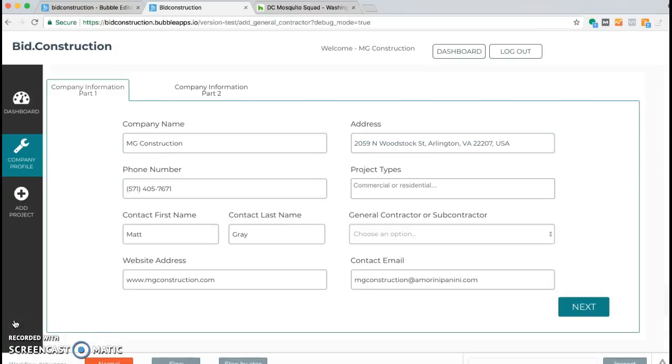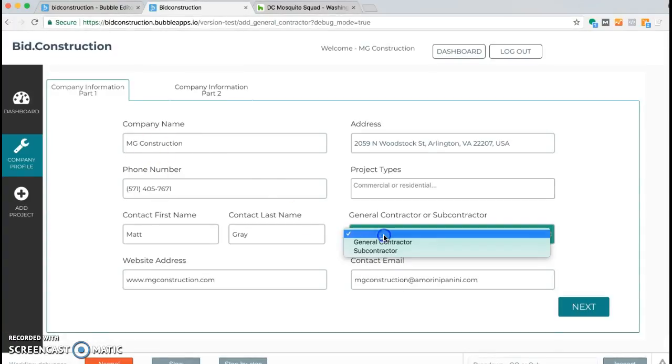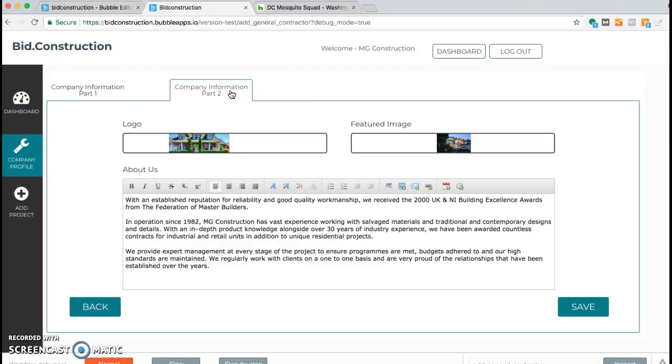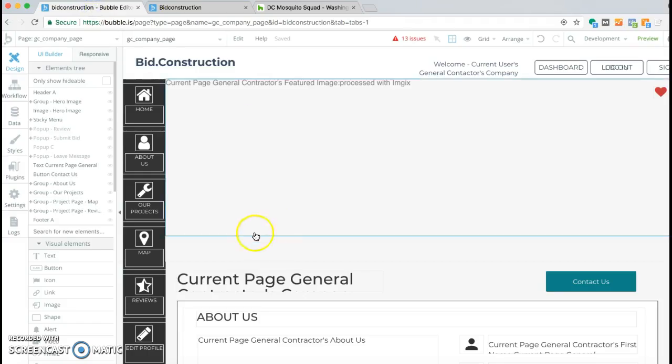And the way that I thought we could somehow do this is, when they change here, we can create a general contractor page, and then if the user goes here, then they create a subcontractor. Then all of the inputs are consistent, and the outputs to build the pages are going to be the exact same. The problem I'm running into is that this page,